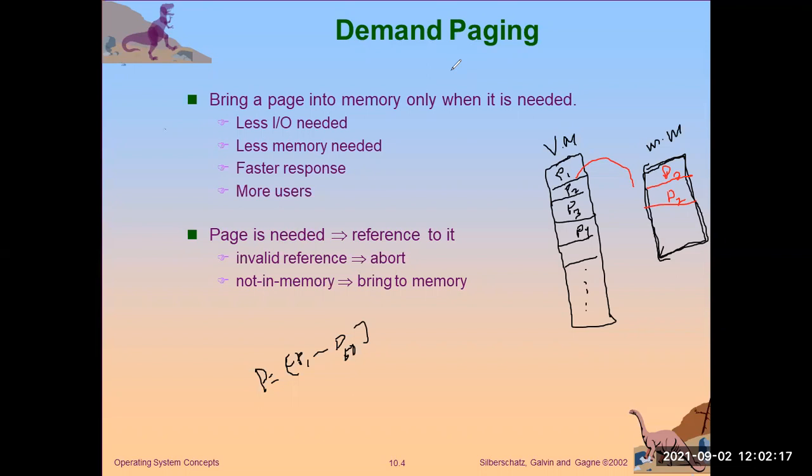The second reference is, if the requested page is not in my memory, then what do I have to do? Now I have to bring the pages back to the memory. The simple thing is how this demand paging concept works. Very simple. First, the page that you are requesting, suppose I requested